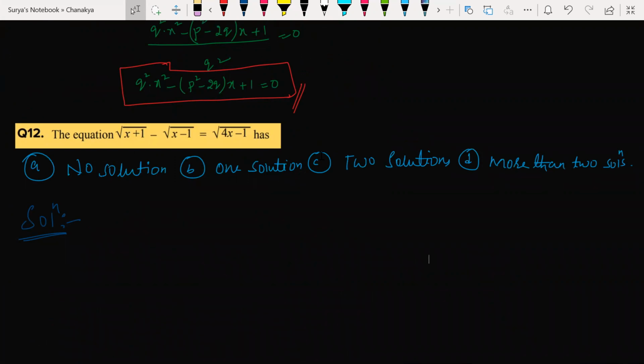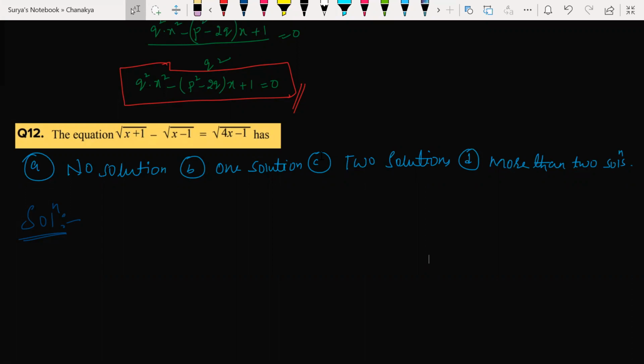Very good. Let me ask you a question, guys. Keep this question aside for a while. We are talking about the sum of the roots formula, minus b by a, and the product of the roots formula, c by a. So how did we get that? Can any one of you derive that? How can we prove that? Any idea?